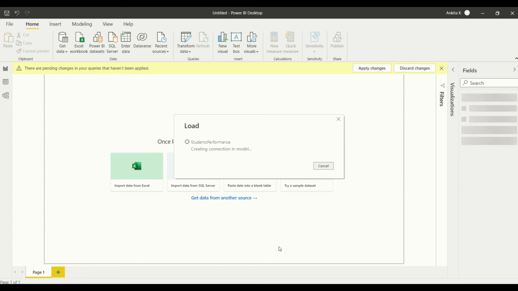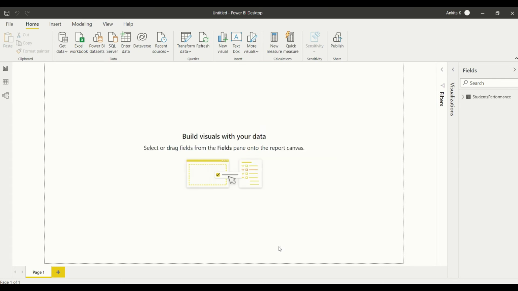So here I'm loading it up and waiting for it to create the connection in the model. That is the language that Power BI uses. Once the CSV file has been imported, you can see it right here. It shows the data last refreshed. Data refresh is a great feature that Power BI offers you. We'll talk about it in a while. And here you can see all these different columns which were there, and this summation sign is against those columns which carry numerical values.